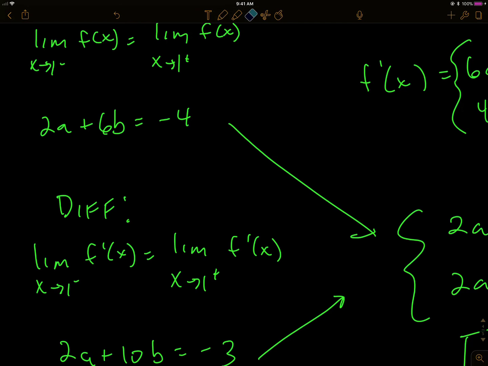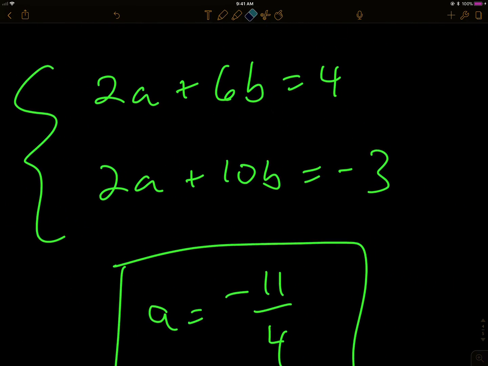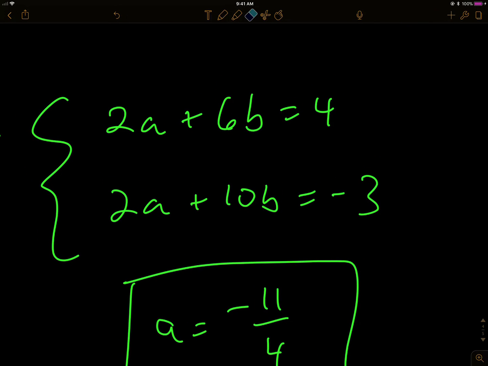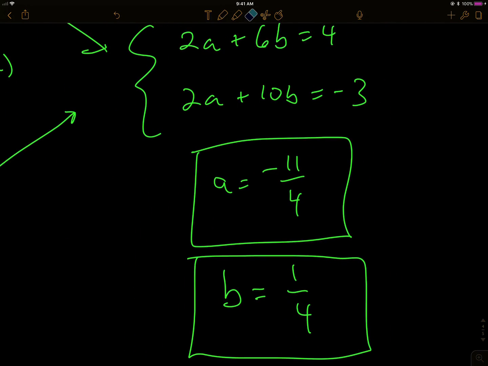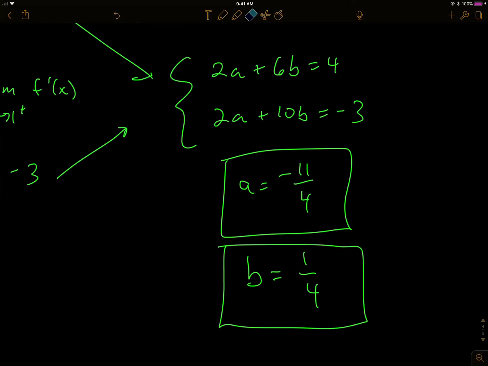I pull both of those equations in standard form together, and I can solve the system. Elimination is going to work here, so I can multiply one of those equations by negative 1, eliminate the a's, solve for b, go back, substitute, and plug the b into one of the equations to solve for a. These are the two solutions that you should get together. So a is that, and b is